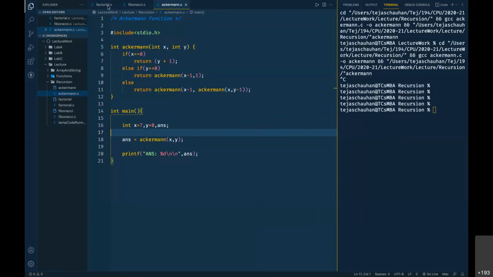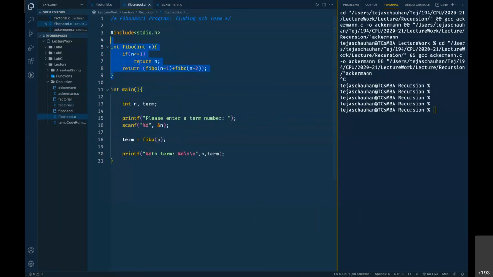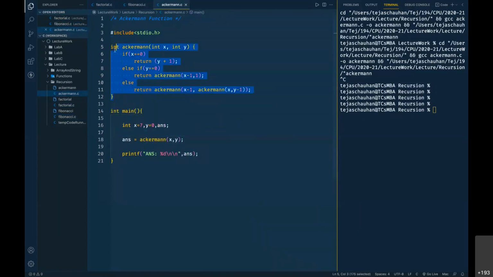So we have seen three recursion examples. The first one is factorial. The second one is Fibonacci series nth term, and the third one is Ackermann function. So we had gone through these 3 points.